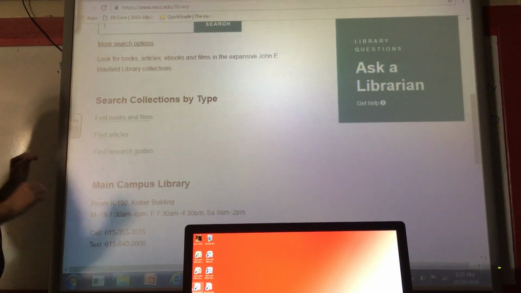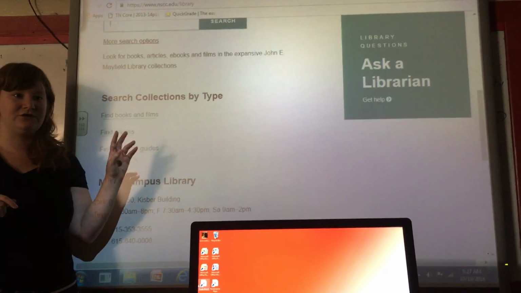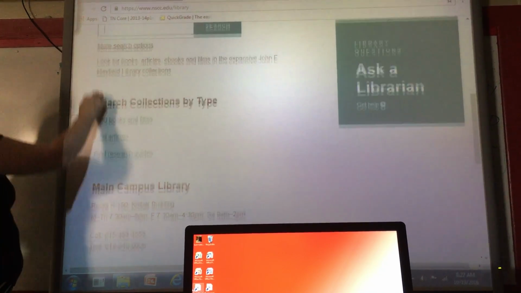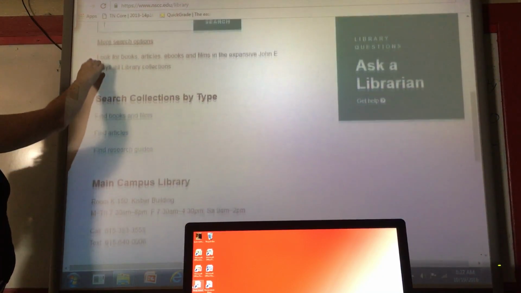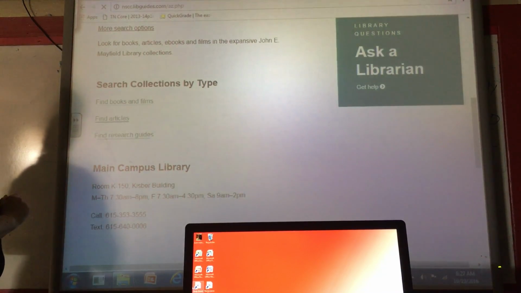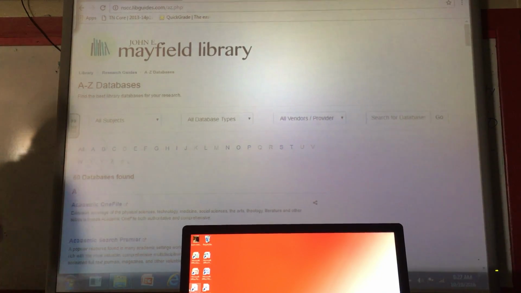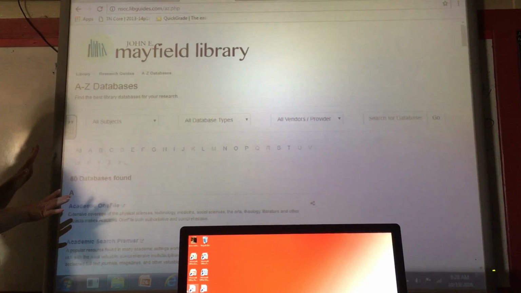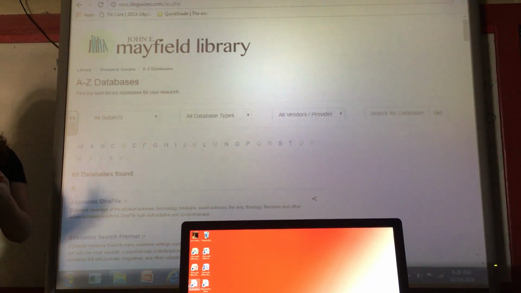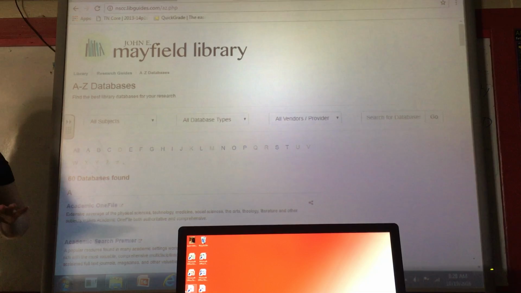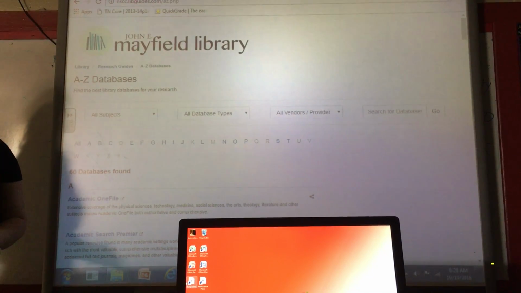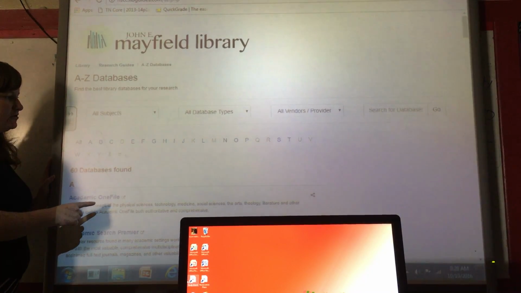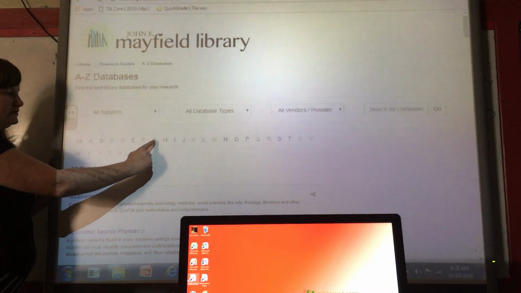Okay, but the two that you guys really want to use the library for, and actually have to use the library for, will be under Find Articles, right? So I'm on the library homepage, scroll down to Find Articles, and click on that. Okay, and what this does is it gives us a list of databases. And I'll tell you guys there are a lot of databases in here, but I'll tell you about my favorite ones. But particularly, I will show you how to use the one that I think will be the most helpful for this class. And that is one called General OneFile. These are in alphabetical order. So if you want to get to General OneFile, you can just click on the G.